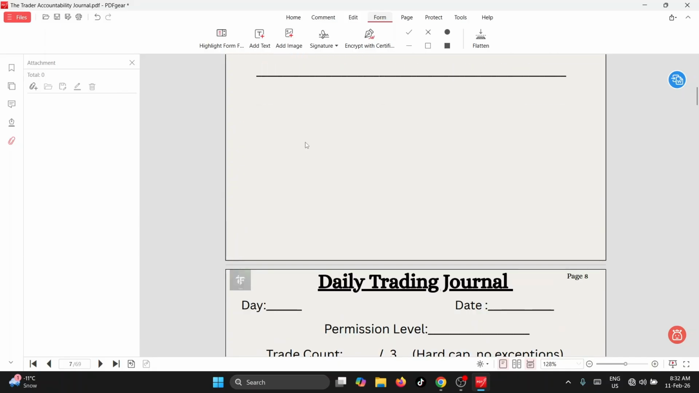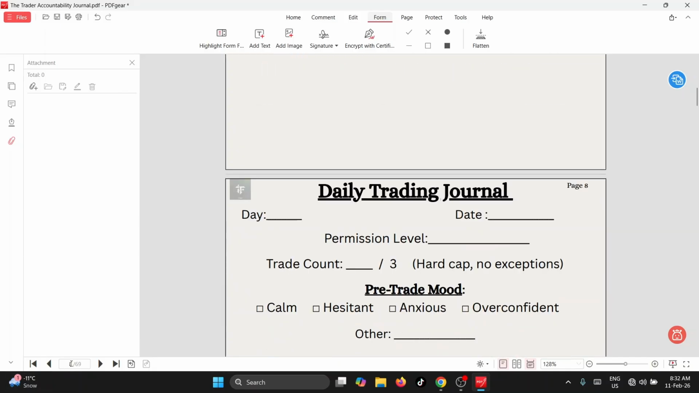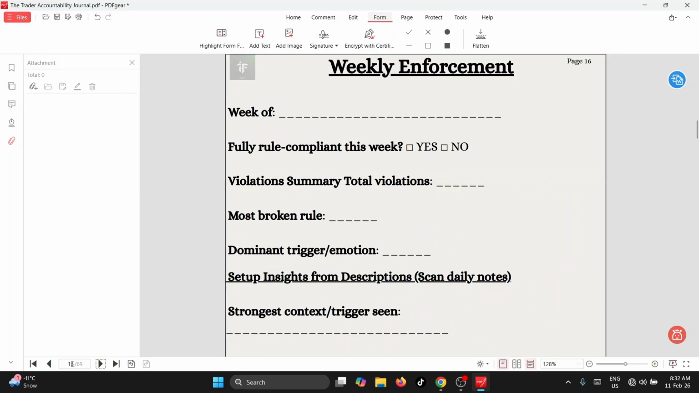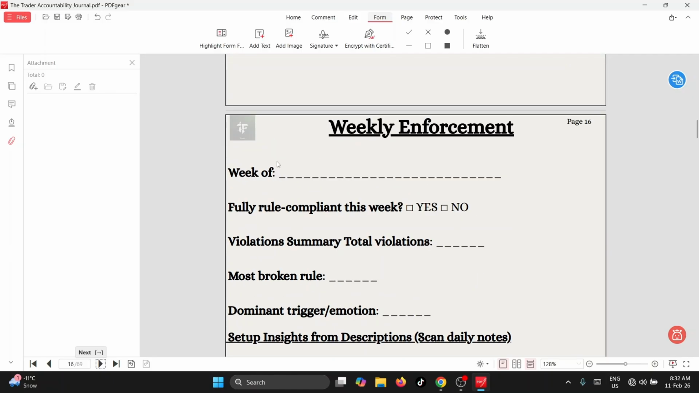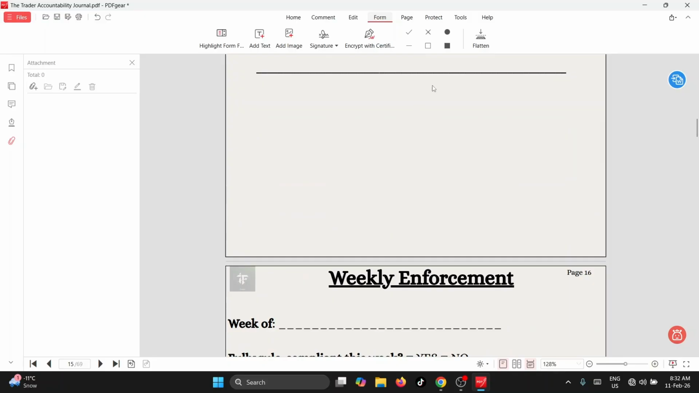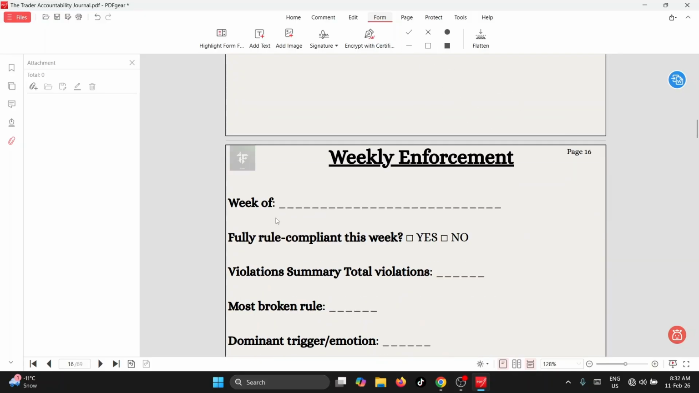That will be around page 16. That should be about right. Yes, there we go. So here at the end of the week, that's where you're gonna say week of. You're gonna go back and say the first place you started from. Just for context, for the sake of this video, I'm just gonna say week of 11th February 2026